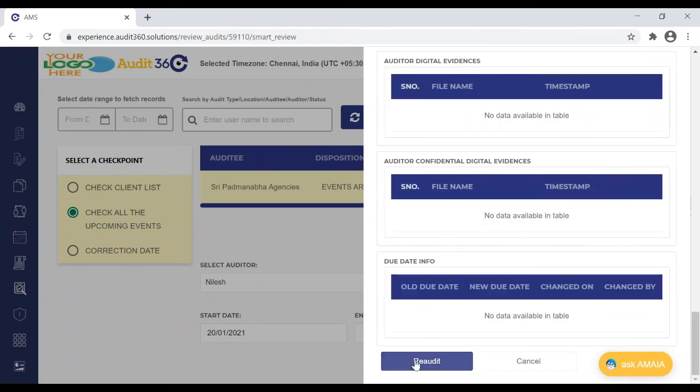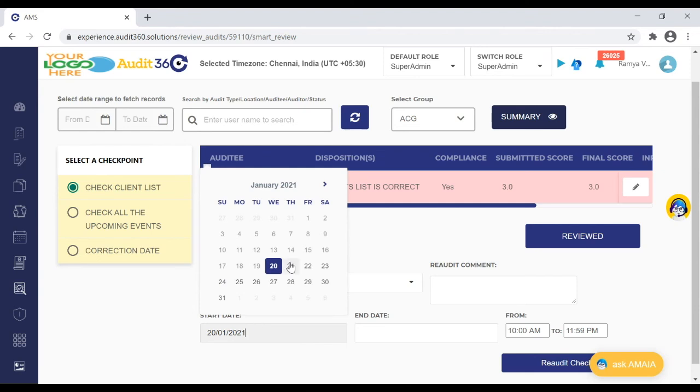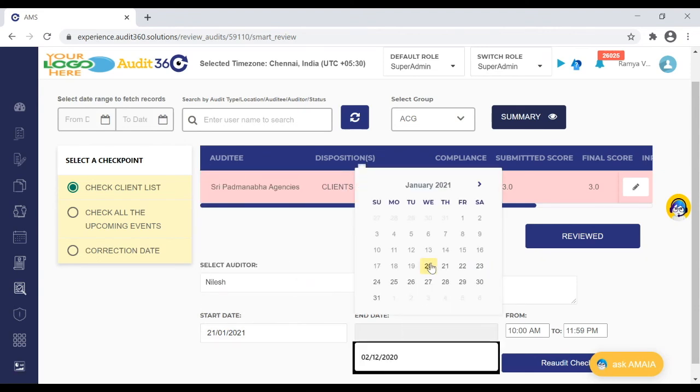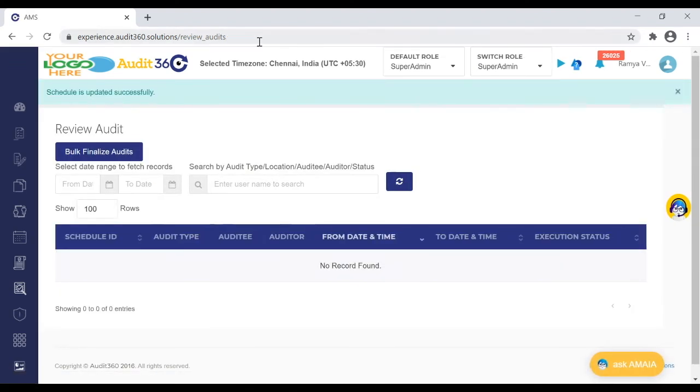I'm clicking on re-audit. Now once your review is done, you can just do a schedule for which date you would want to schedule. Date of same 21st. You can do a schedule. So this is how the new review audit screen works.